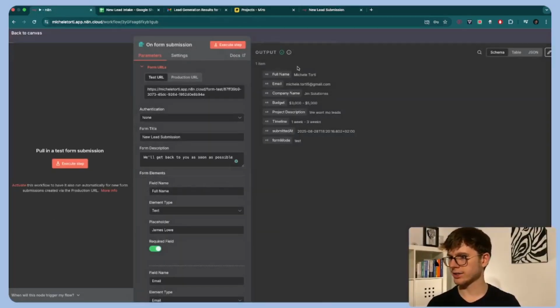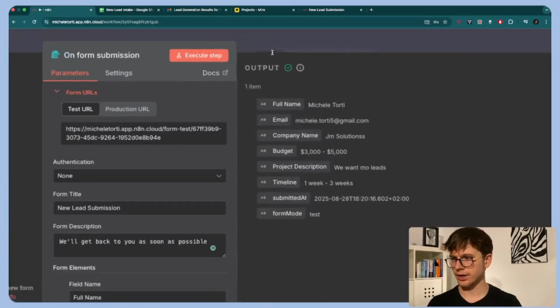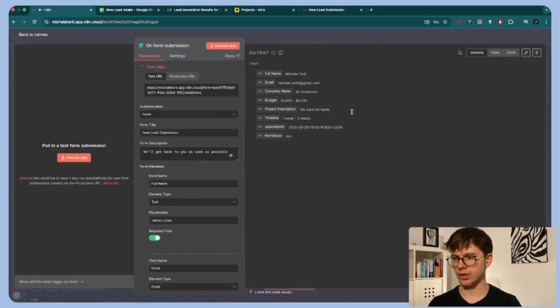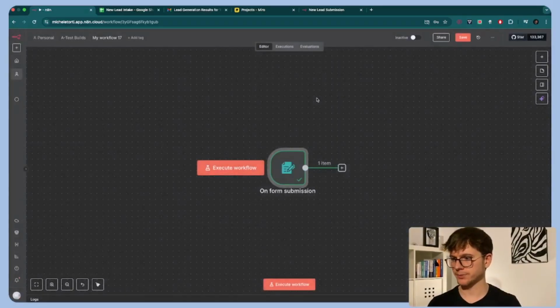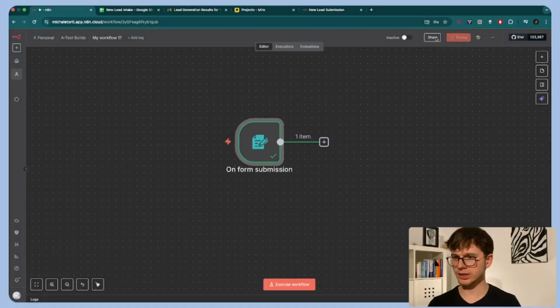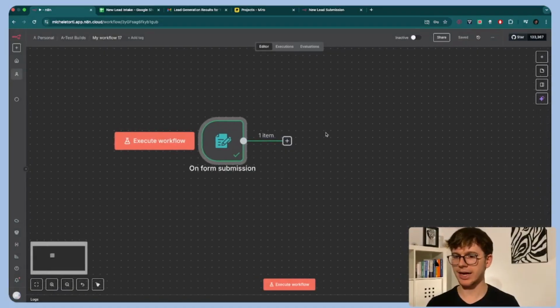If I go back here, I can see that this is the output that I get. So we triggered the form using the n8n, and now we get this output. So full name, email, company name, and so on. Now we can use these variables. So these are called dynamic variables because they are dynamic. They change every single time. And then we can use them for the next steps. So form is good. Took us a minute to put this together, but now we can add this to the